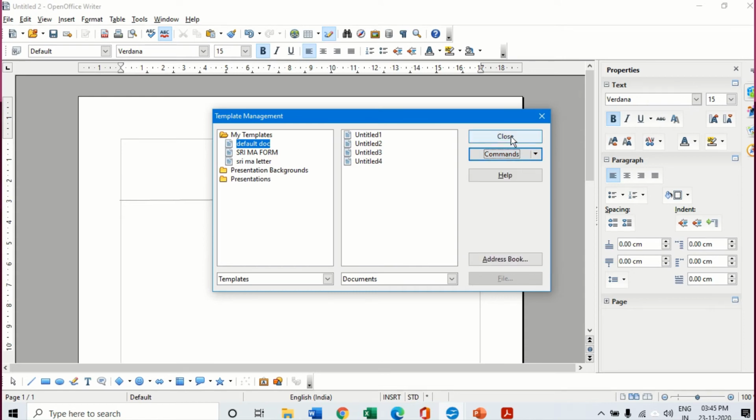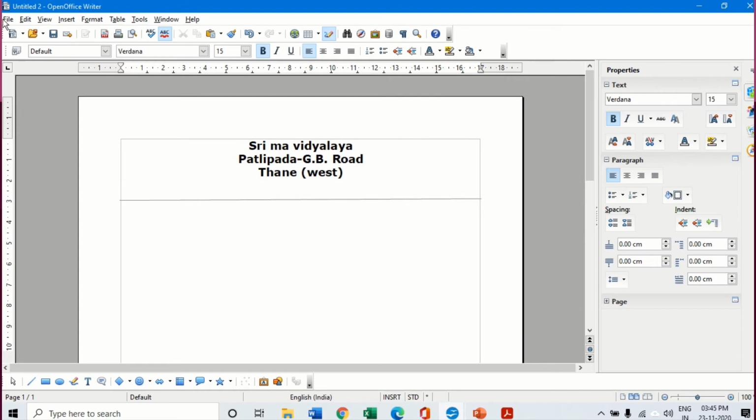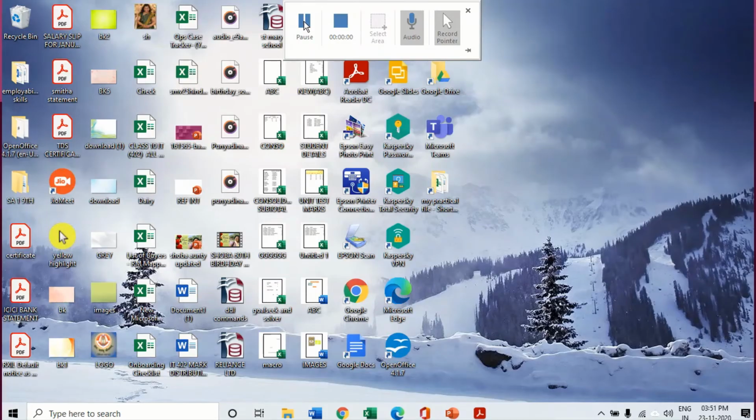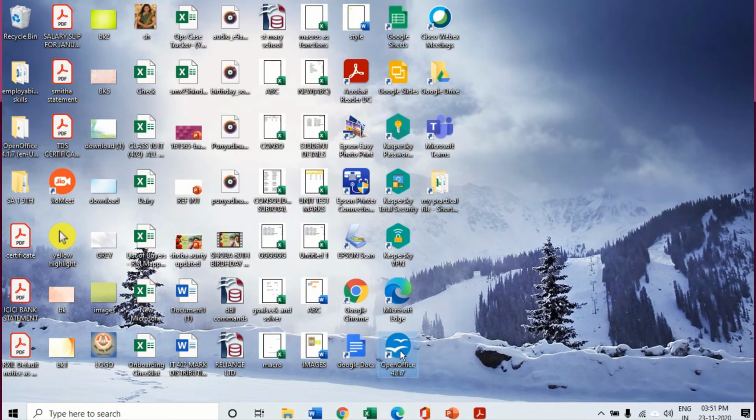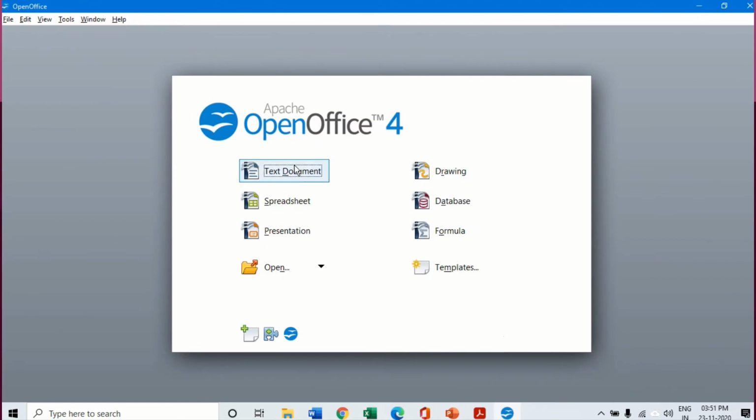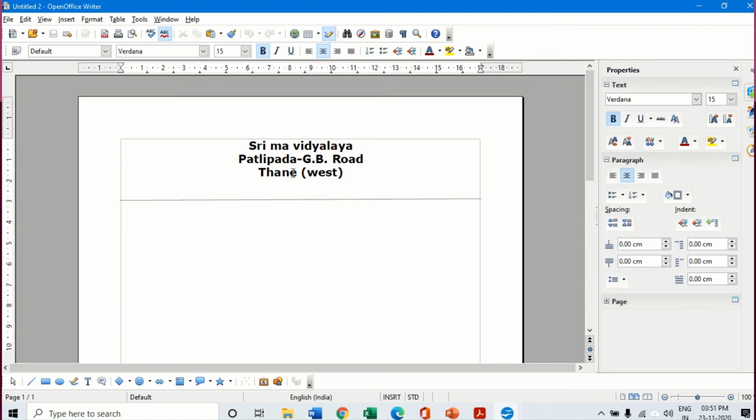Now here I click on close, and to try out a new one, I have already set the default doc as my default document. Let us try opening a new text document. And as I told you, because I have set that as the default, now the school name, default doc, the one which I had made as my default document, will open up. So whenever I open a new document, it will open up in the template which I created. So this is how we can create a template and set that template as my default document.